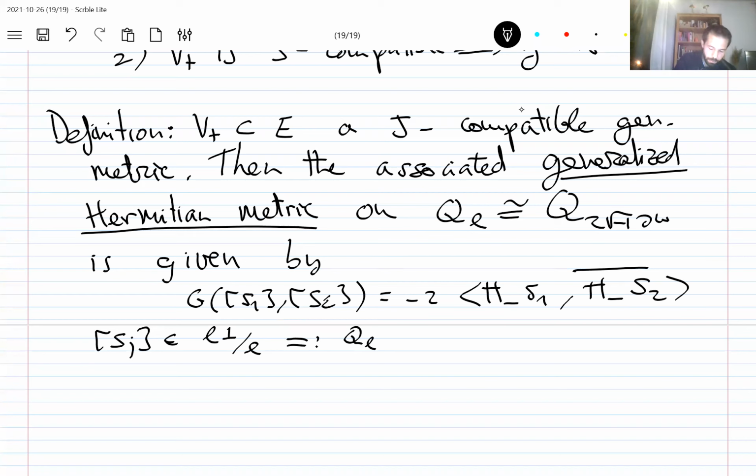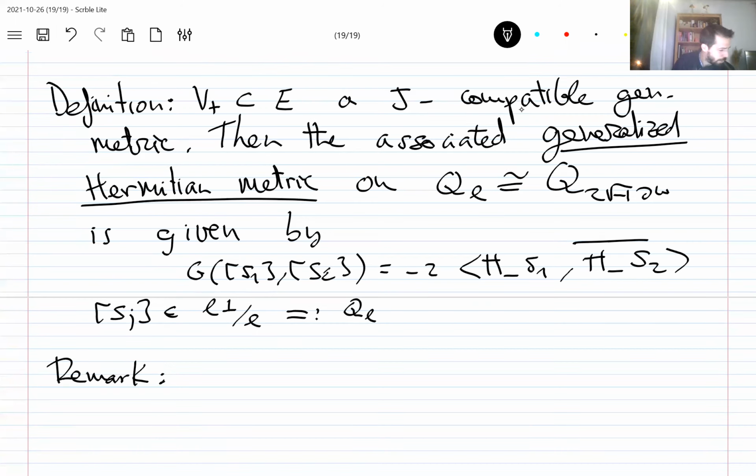So why is this natural? The first remark is that L perp quotient by L is canonically isomorphic, via the projection into B minus,